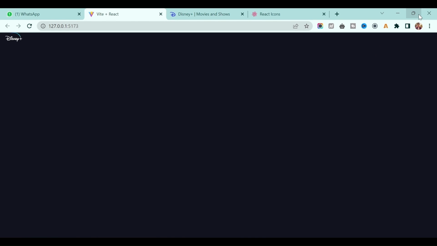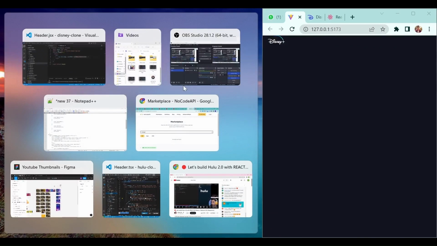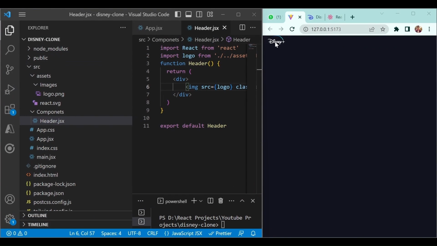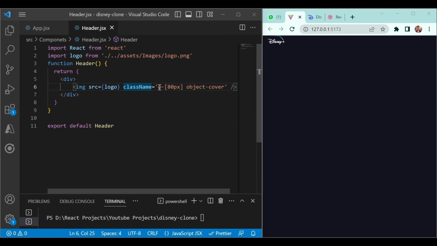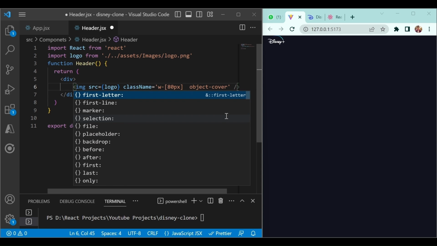Now one more thing I want to tell here. Right now if you are giving the default value like this, this is applicable from the small screen. If you want to change the image size for a medium or larger screen, you have to write like this, medium. Or if you want to add some property when the screen is large, you have to write like this.